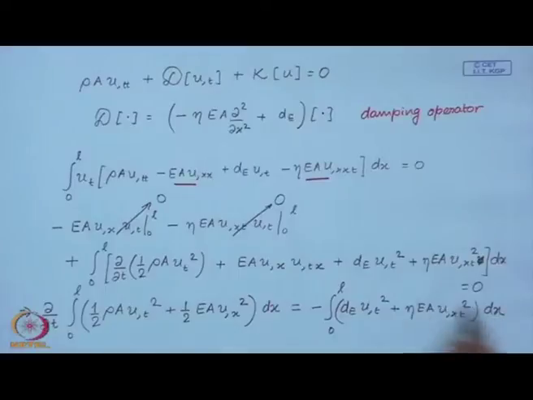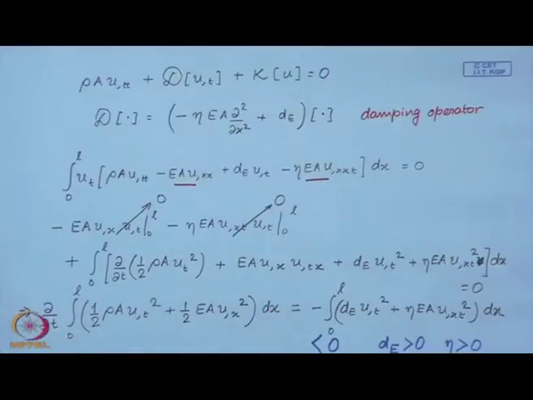So, you see on the right hand side we have an integral which is always positive provided d E is positive. So, if this d E is positive and eta is positive, then this integral is positive. Here there is a negative sign. So, the right hand side is always negative. So, which means this is always less than 0 provided d E is greater than 0 and eta is also greater than 0.